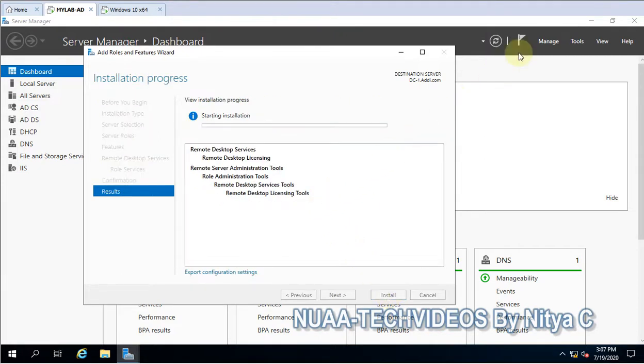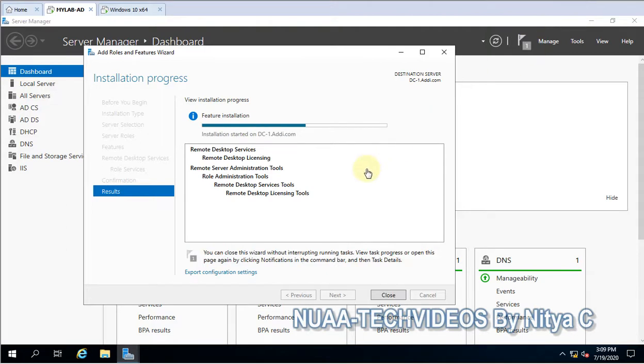It is going to install now. Once the role is installed, we will configure the RDS licensing server. But before that, I would like to tell you some important information: in 2008 R2, 2012 and 2016 we have some settings, where we can delete some of the registry settings, and after that we can enable that.